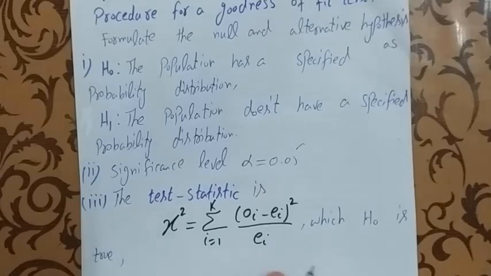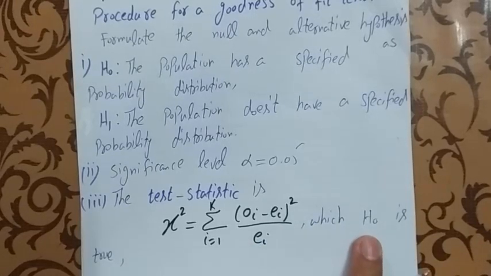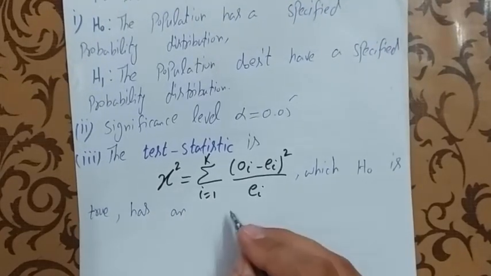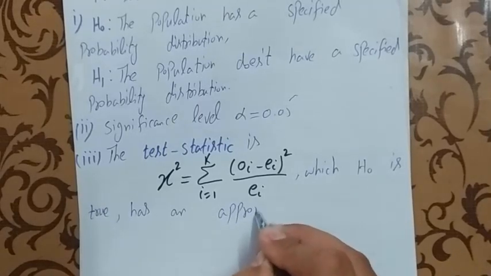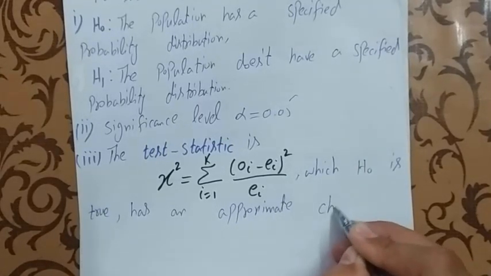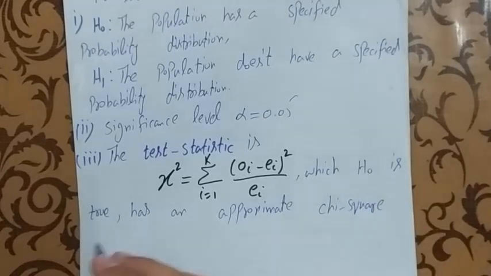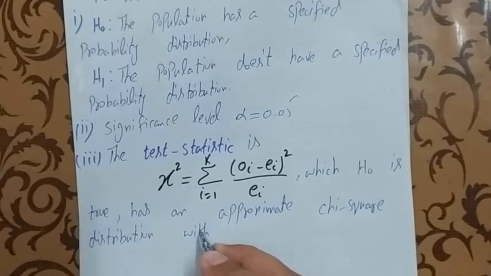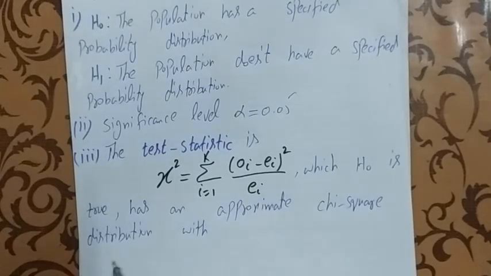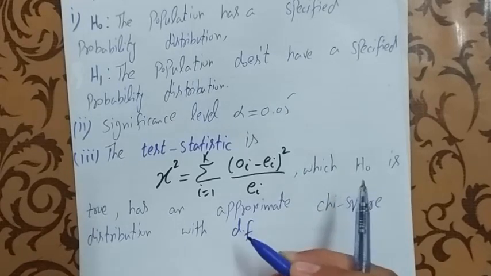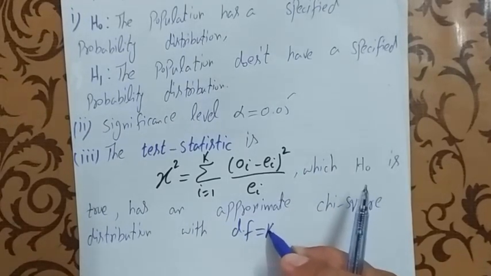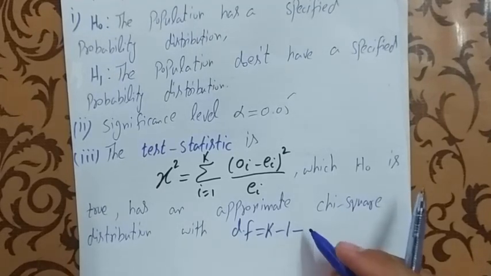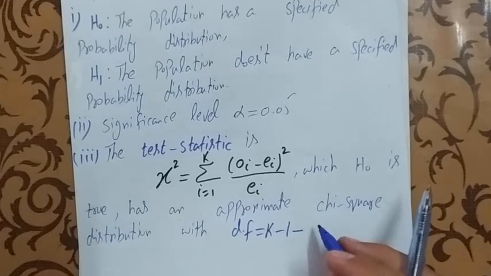This test statistic, when H naught is true, has an approximate chi-square distribution with degrees of freedom for the goodness of fit test equal to k minus 1 minus the number of estimated parameters, which is denoted as small m,